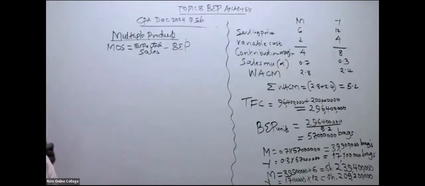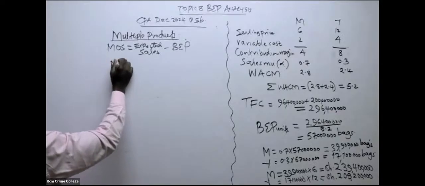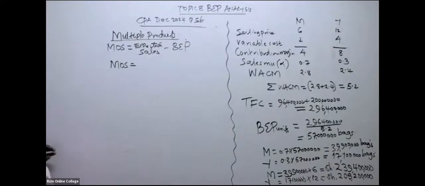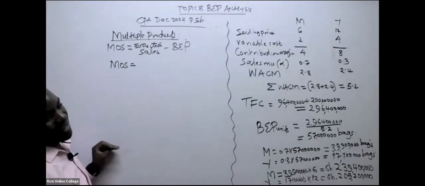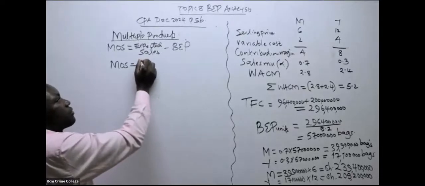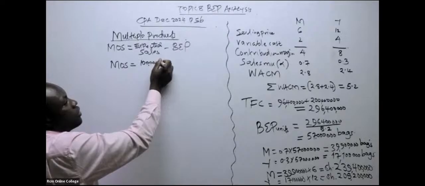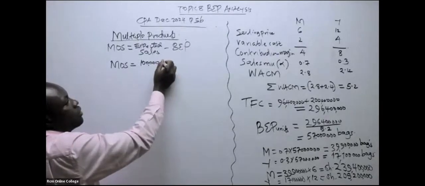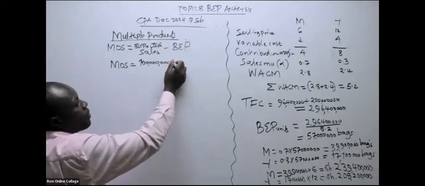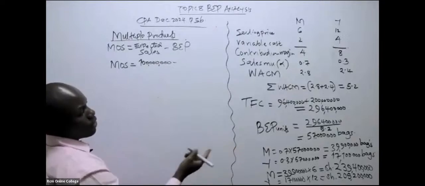So let's start with margin of safety in units. Expected sales in units, we add 70,000 units plus 30,000 units, that was 100 million units, right? Minus break-even point in units,